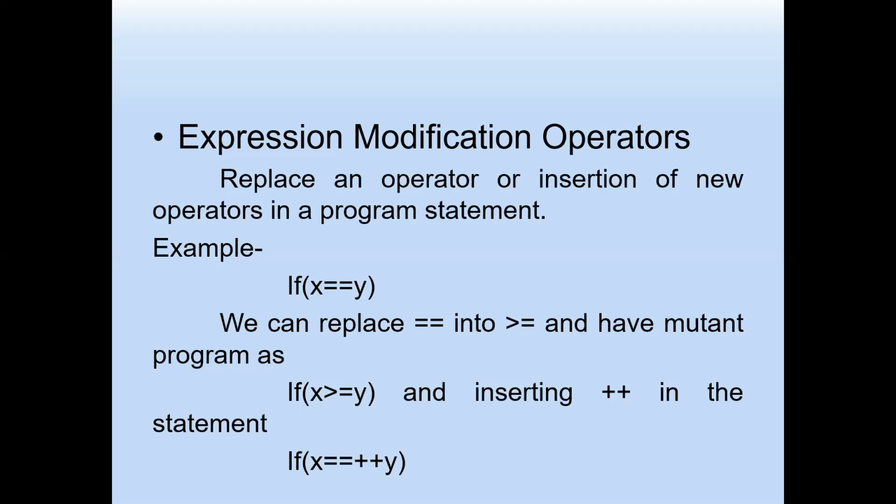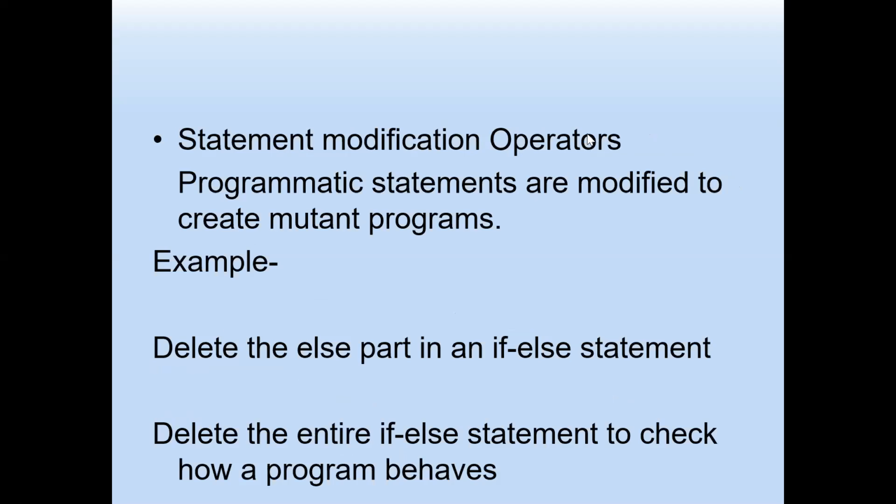The next one is the statement modification operator. If an else is there, you just take it out. If there is an else-if block, you remove all the statements one at a time, so a certain number of mutants will be generated. Each time you check what the output will be and how it behaves. Instead of an if-else block, you change it to a switch statement. Whether you get the same output or a different one, you can go with it. That is statement modification operators.